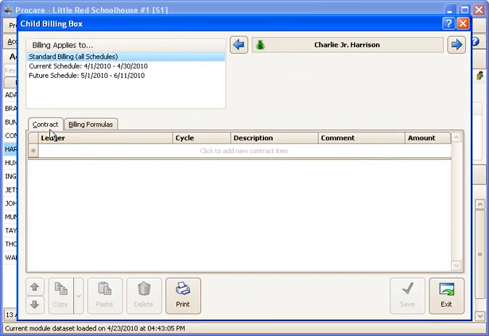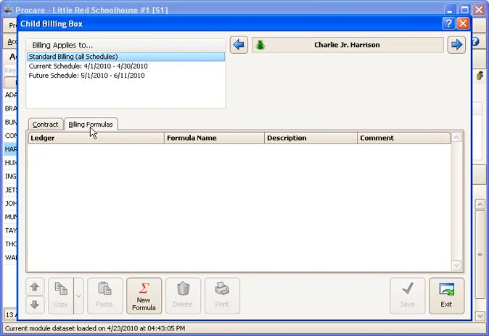Inside the billing box, we have two choices here. Contract cycle, this would be a recurring, like weekly contract that was always the same amount. But in this case, I want to establish an hourly rate, or it could be something different, like a half-day, full-day rate, but something that requires a formula to determine what the charge will be. So I'm going to click on Billing Formulas here, and then we're going to go down to the bottom and